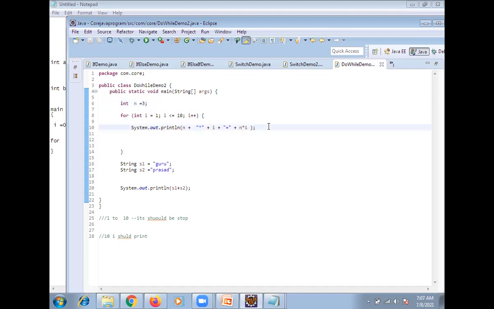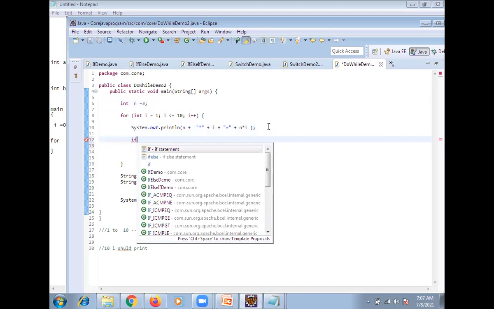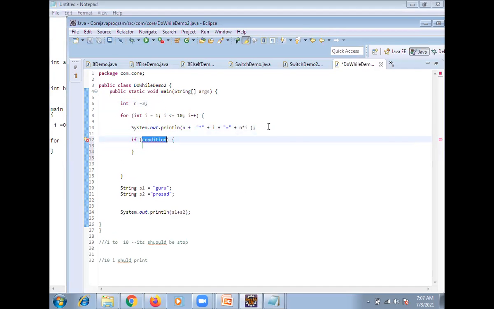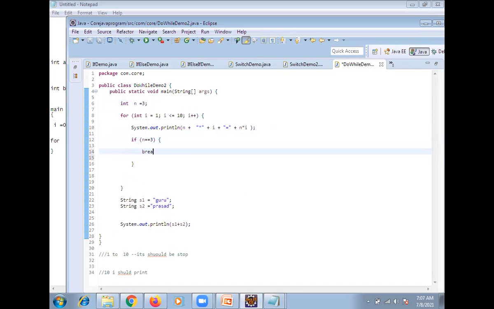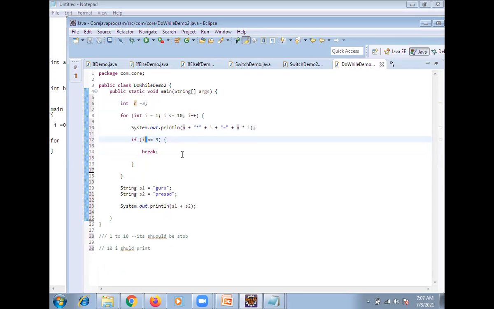So here what I am going to check is if n double equal to 3, then what I am doing? Break. So now here we are not increasing n value. Let's focus on I. Clear?